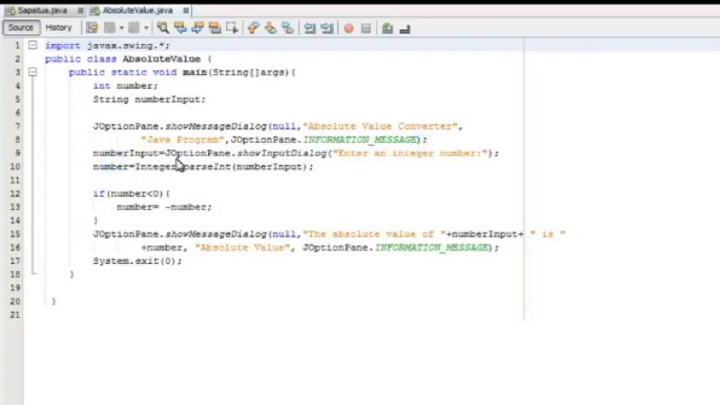numberInput = JOptionPane.showInputDialog("Enter an integer number:"); number = Integer.parseInt(numberInput);